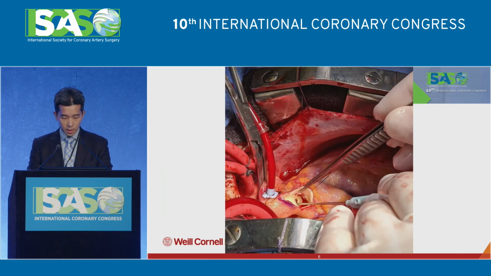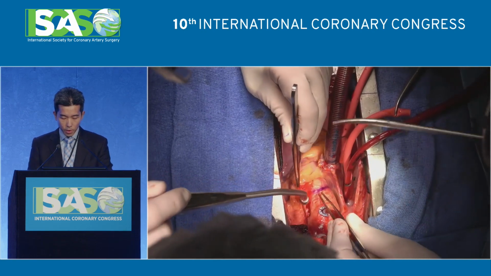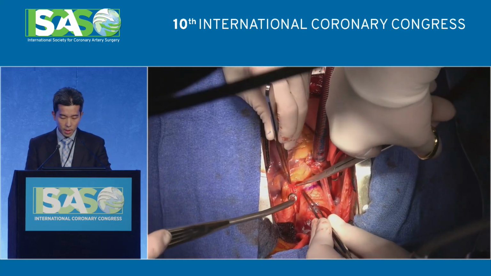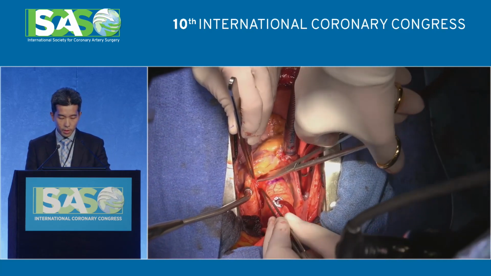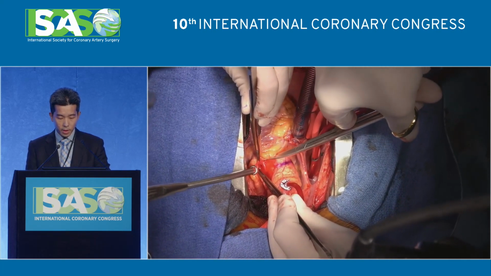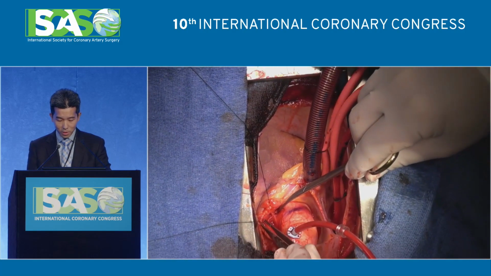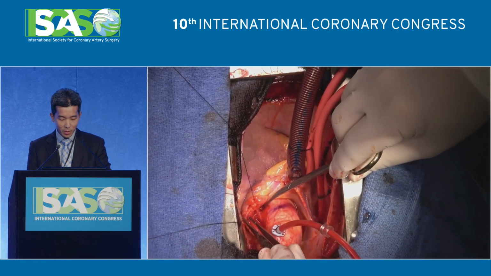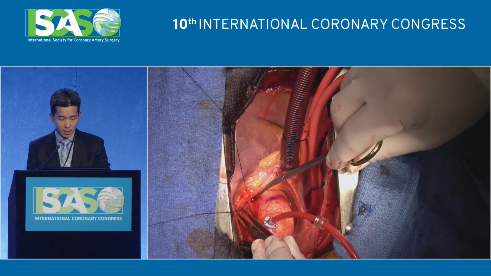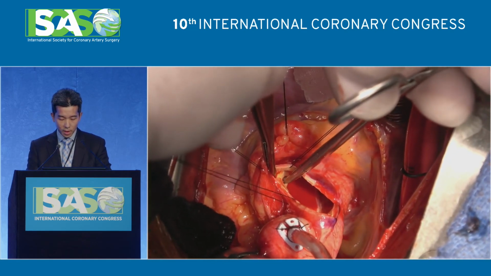In our case, we did the unroofing, and here's a picture of the final result. And here's some video of what we did. This part you don't have to do, but we sometimes like to expose the coronary from the outside. So we dissect between the aorta and the pulmonary artery. In this case, we actually measured the flow because we were interested, but part of the point in doing this is to see where exactly you need to stop when you're doing the unroofing,